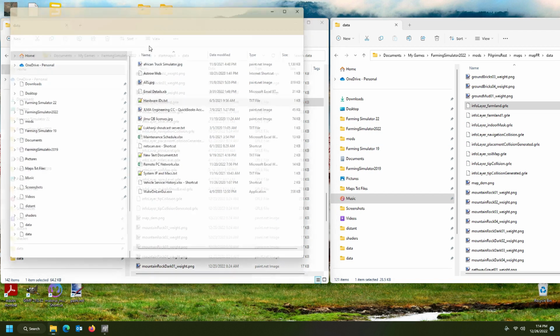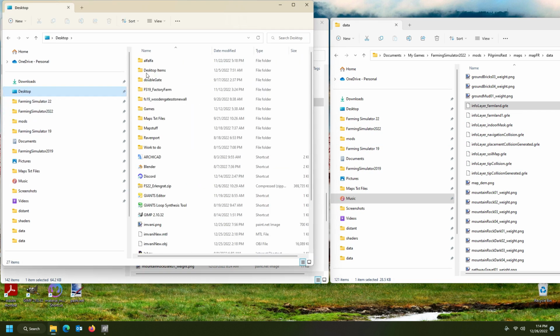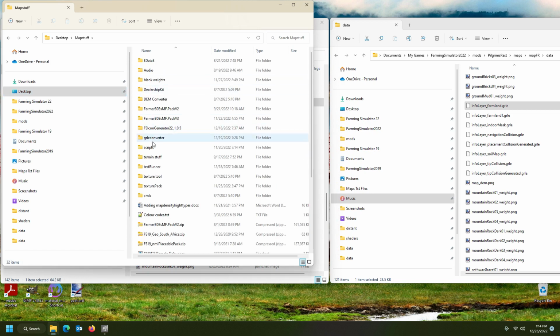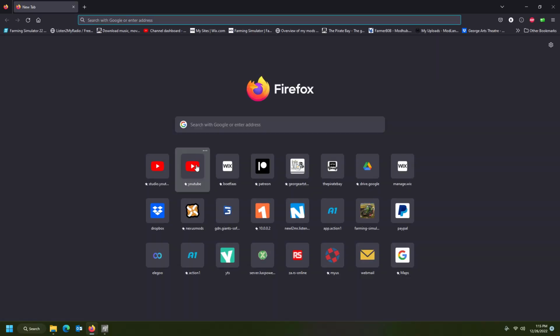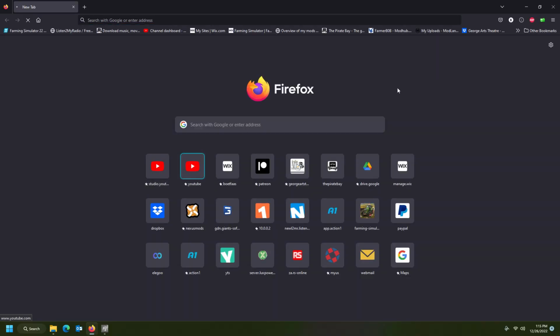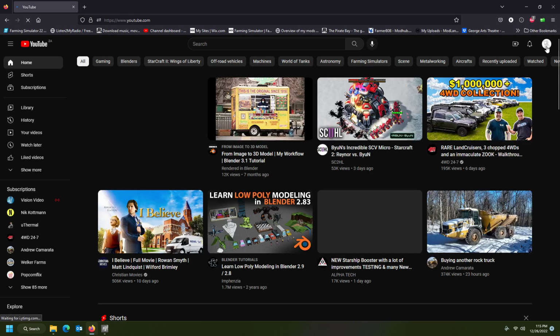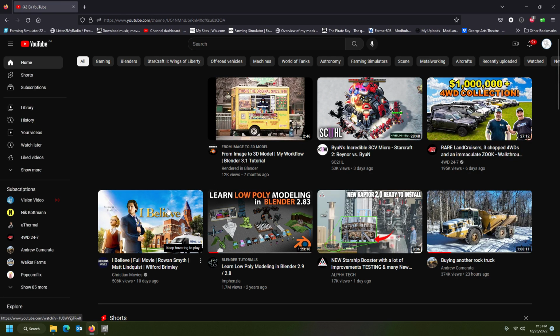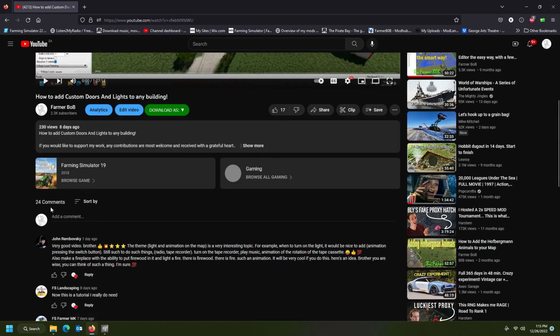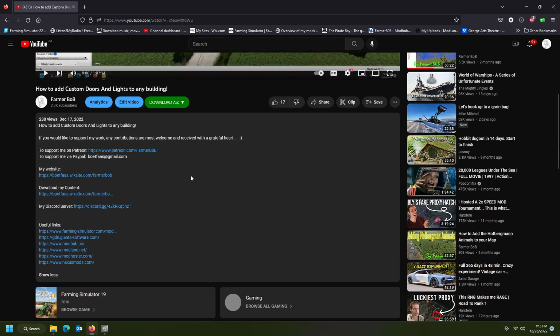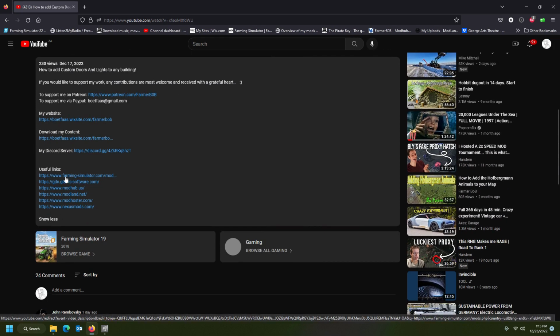Now to do this, I need to open another folder on my desktop called map stuff, and you're going to need the GRLE converter from Giants Editor. So download it from the GDN website. If you open my YouTube channel, you'll find the links in every video of mine. Just open one of my videos, pause that, go here to show more, and there's all the links. So GDN is in there,